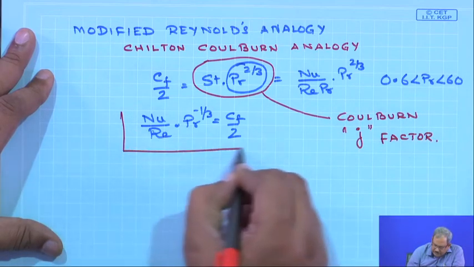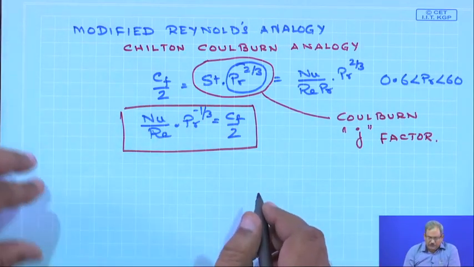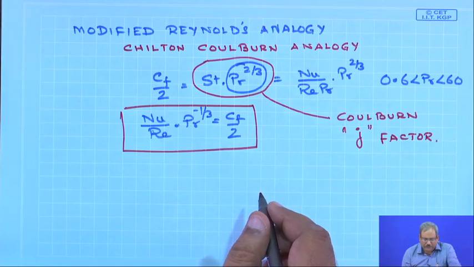So, this is the expression for the modified Reynolds analogy or Chilton-Colburn analogy, and the validity of this is